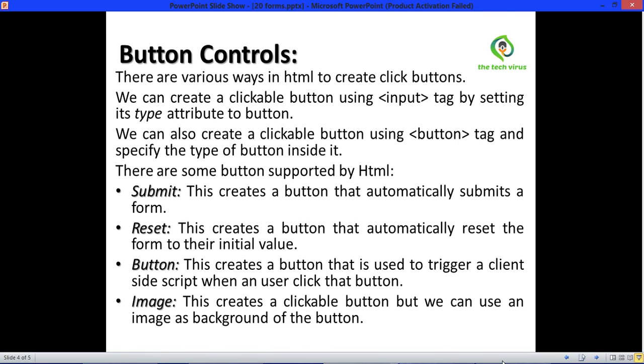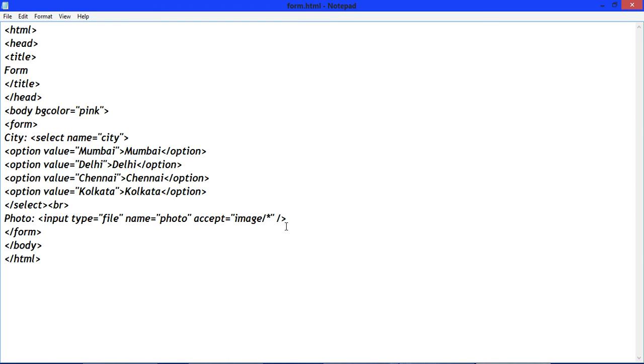Now open your text editor. Write here BR once to break the line. Now here we will create button.